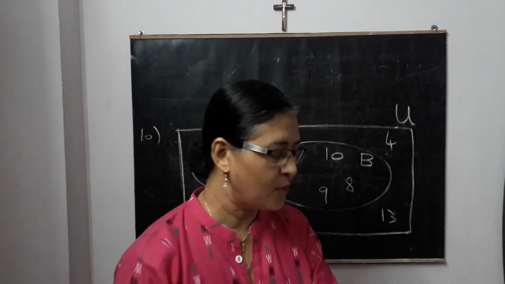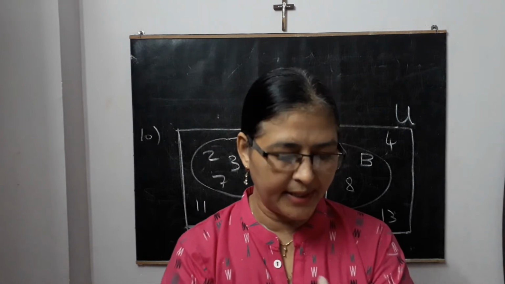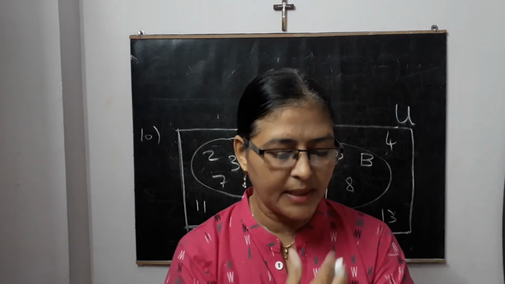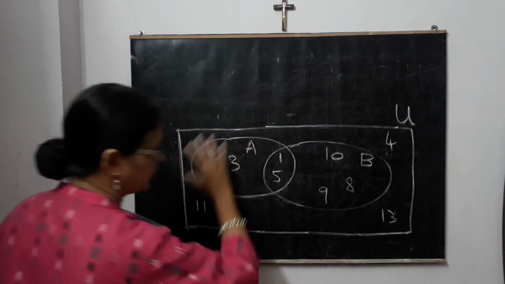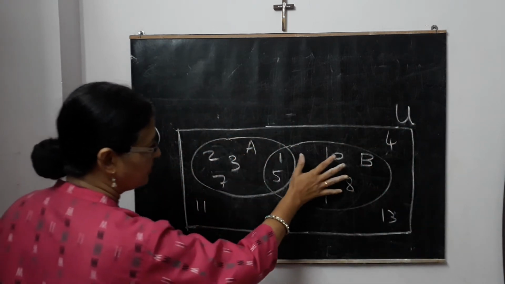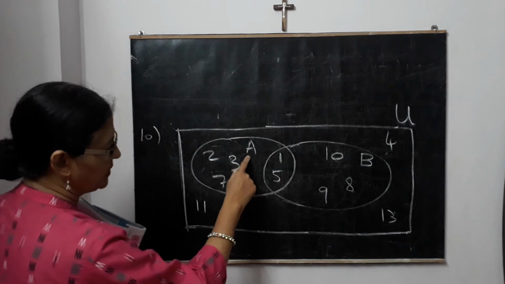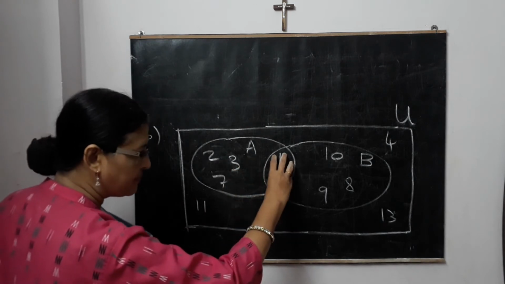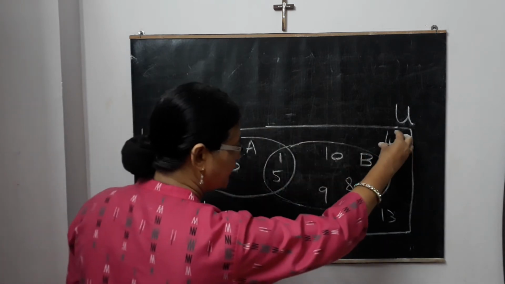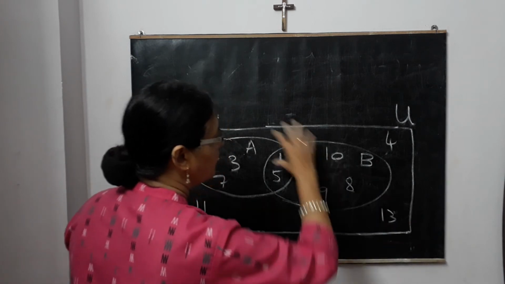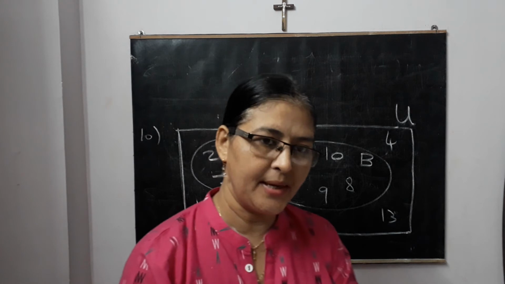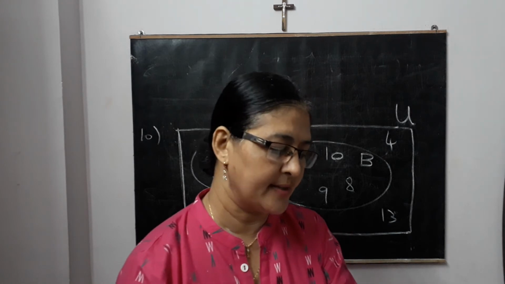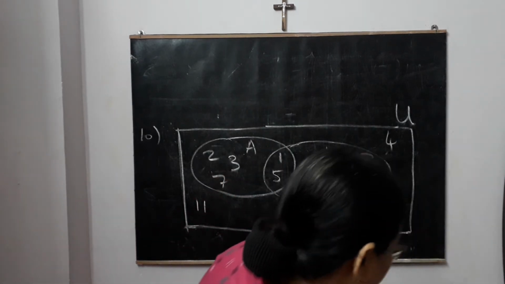In the 10th question, what they have given is a figure. Observe the given Venn diagram and write the given sets by looking at the diagram. See, the universal set is shown as a big rectangle. A is a set, another is B, and there is the intersection. A elements they have given, and the intersection is 1 and 5. Outside A and B there are 4, 11 and 13. From this they have asked you to write the sets U, A, B, A union B and A intersection B. So that is what we are going to write now one by one.